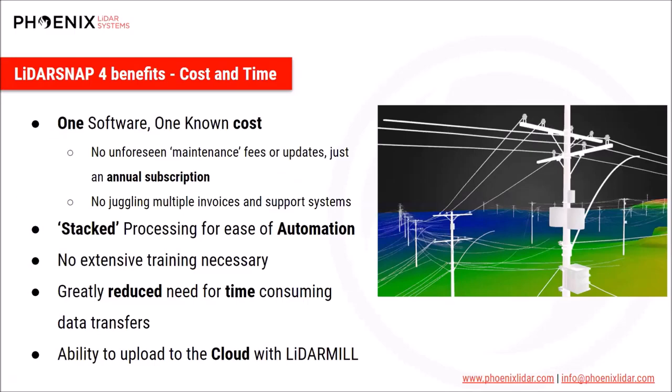So what this all boils down to, and I have seen many LiDAR calibration tools, software, algorithms, methodologies, and most of them work fairly well, some of them better than others, some of them take far longer than others. But really what LiDARSnap 4 does is create one software, one cost, and a very quick, very easy to use module for LiDAR calibration. The stacked processing allows us to not only calculate laser intrinsics, but also trajectory optimization while also matching to ground control by clicking a button once and having all of these processes happen simultaneously. It saves a tremendous amount of time and also makes it very easy to cross-train, very easy to